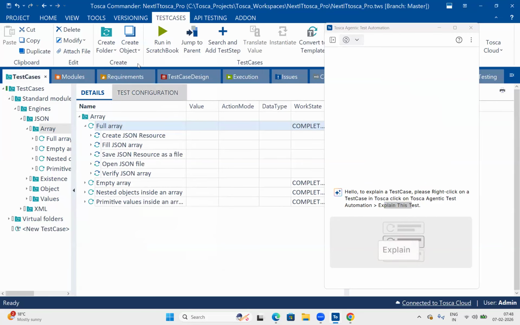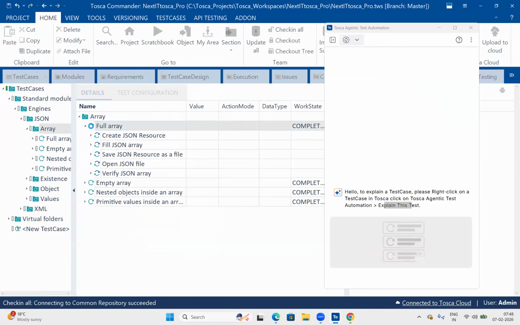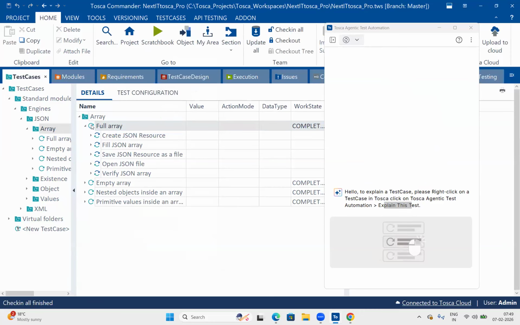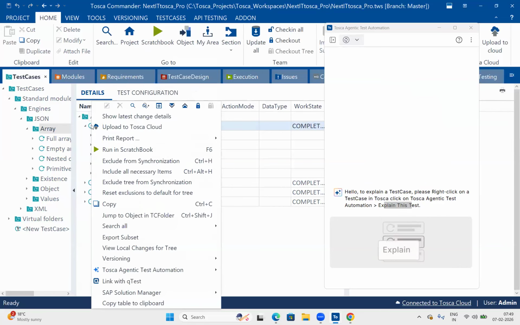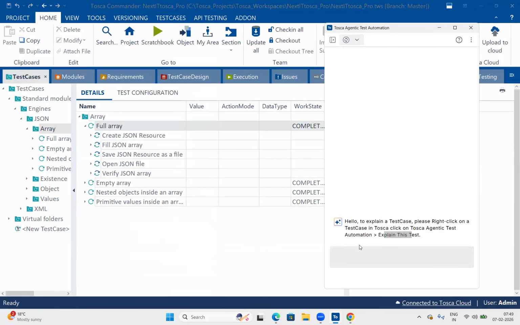Because these are all in checkout mode, let me do check in all. Are you able to see Tosca agentic test automation? Explain this test. Click on that one.